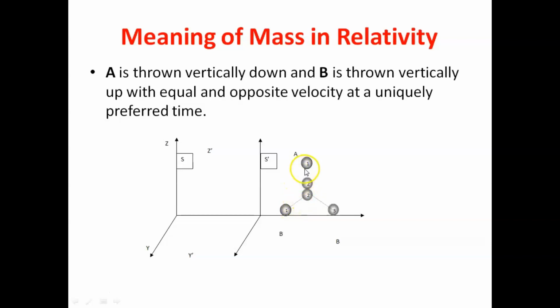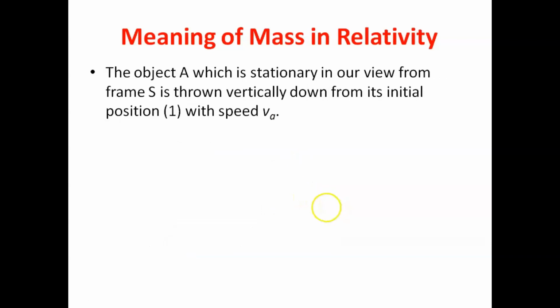Now they are thrown with equal and opposite velocity, so that in the middle distance they undergo elastic collision, and after collision the object A will bounce back to initial position 1 and the object B will bounce back to position number 3. The object A, which is stationary in our frame, is thrown vertically down from its initial position, as I have explained in the diagram,